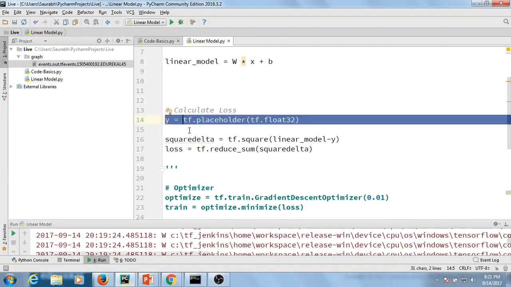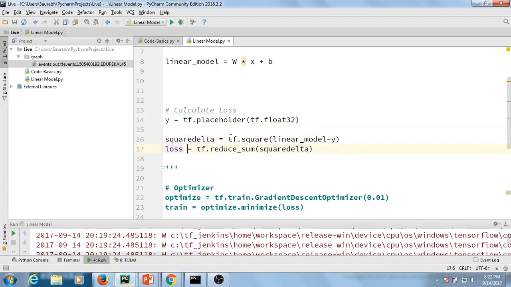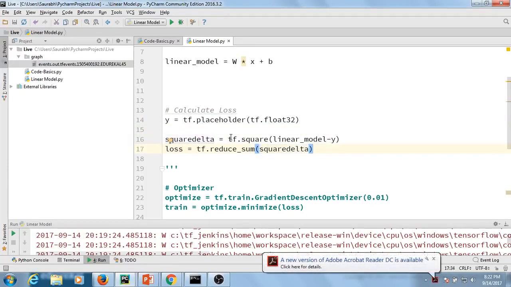This is our y, which is a placeholder to which we are going to feed in some values later, when we actually run the session. And after that, we are calculating the difference between the actual output and the model output, and then we are going to add all of those values. All right, once you are done with that,